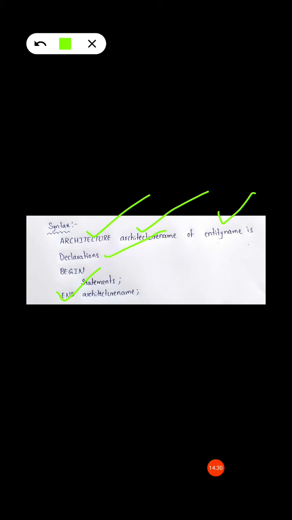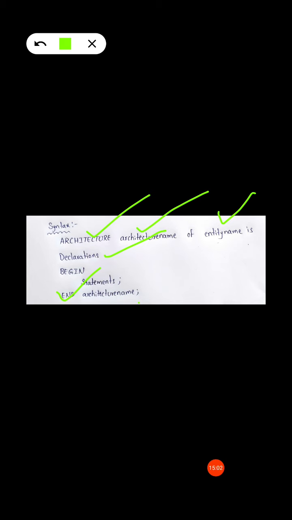In this section different signal types, constants, functions, variables, procedure definitions and component definitions are declared.